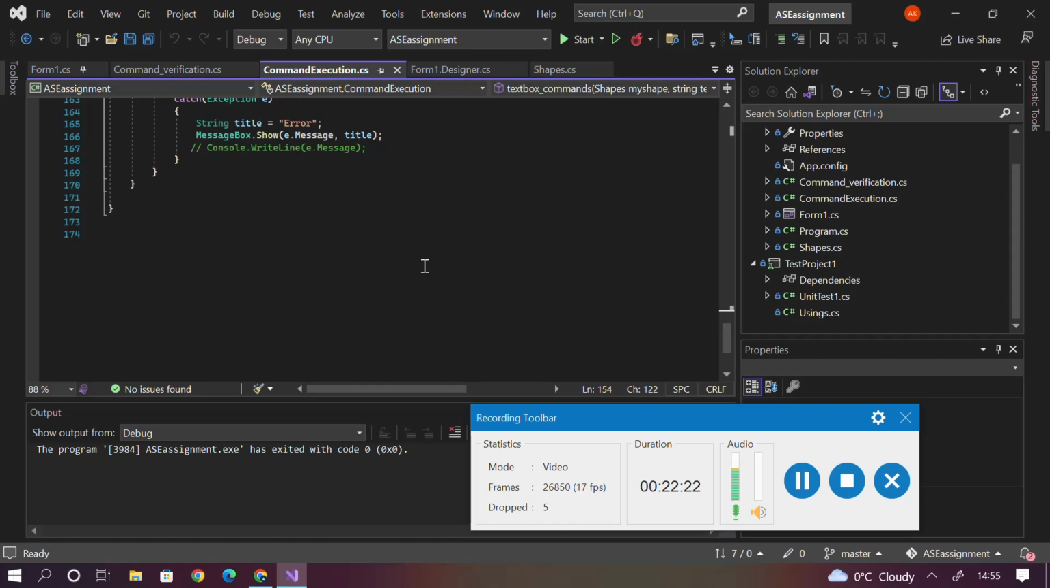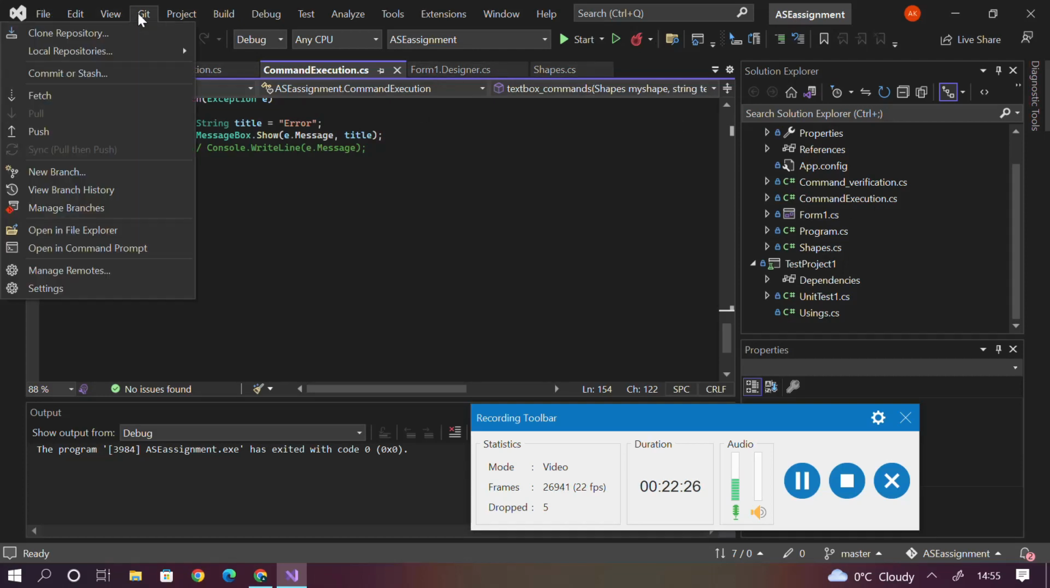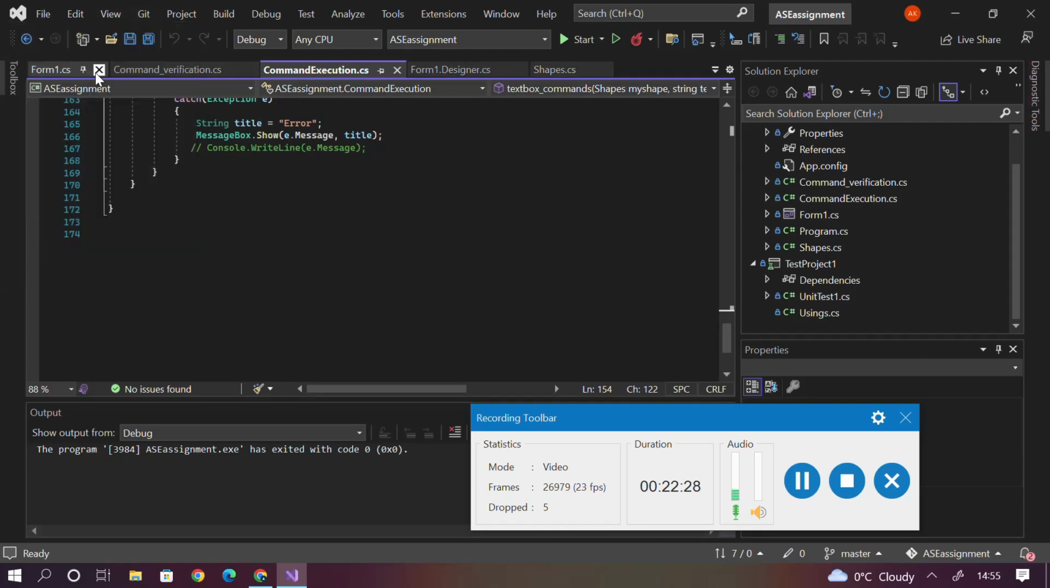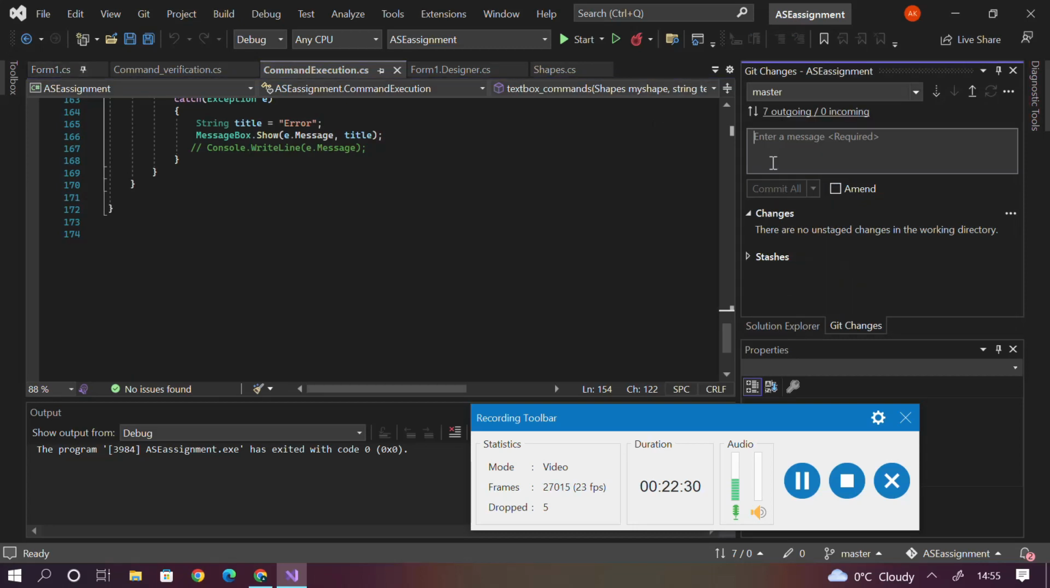Other than that, commit. So for the commit, commit 8,